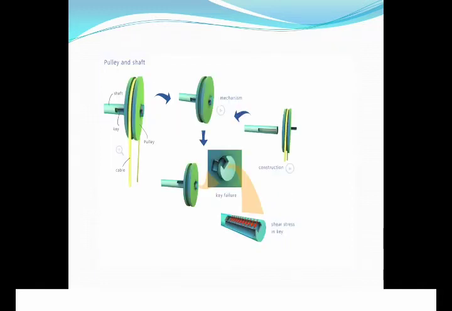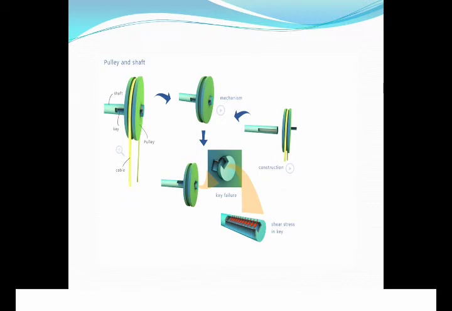One more thing that we have to see is the practical applications of the tensile force, shear force and compressive force. Here, in the case of a pulley and a belt or a cable, all the three forces are acting. The cable or the belt is in tension, whereas the shaft is in torsion, and there is a shear stress on the key. So that is a mechanism where we have to see where the failure of the component will take place.